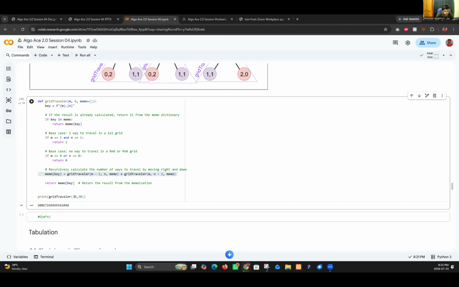We can try 90 by 90, but it takes a while. We have time, we can test. Yes, the previous one, without the memoization, took more than 3 minutes, even more than 4 minutes, and didn't give the answer. But since we have the memoization, it gave the answer. Okay, we completed our second question.